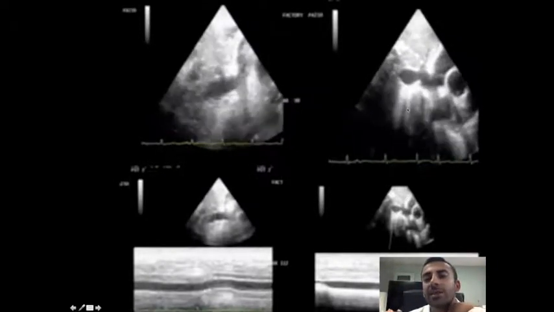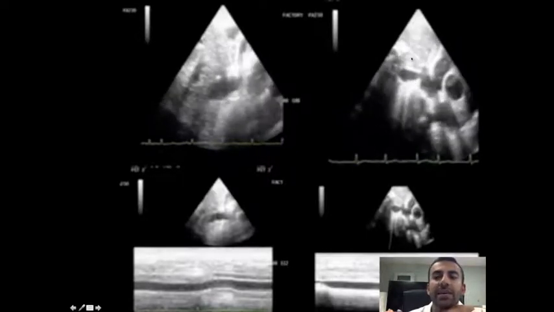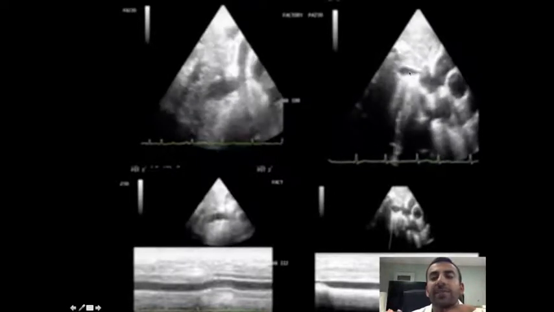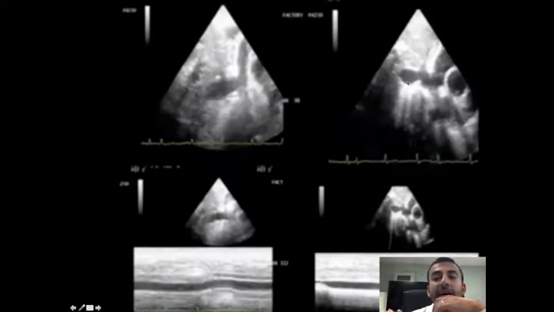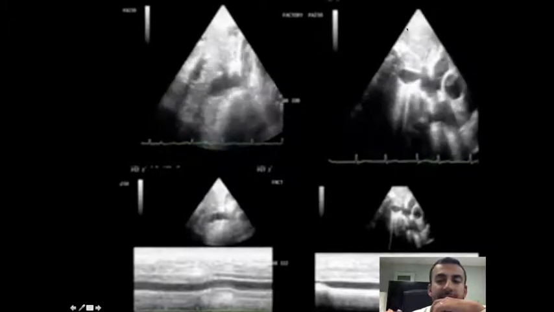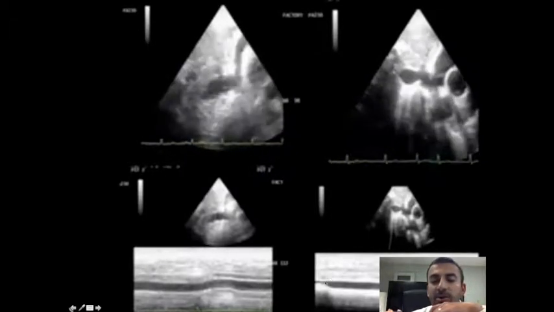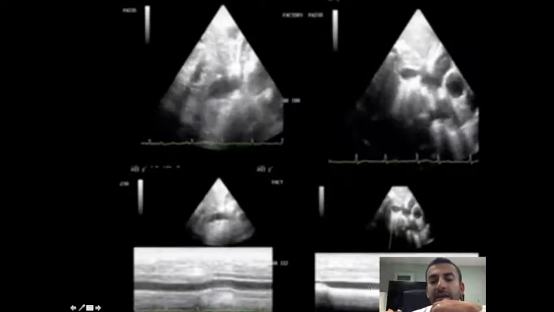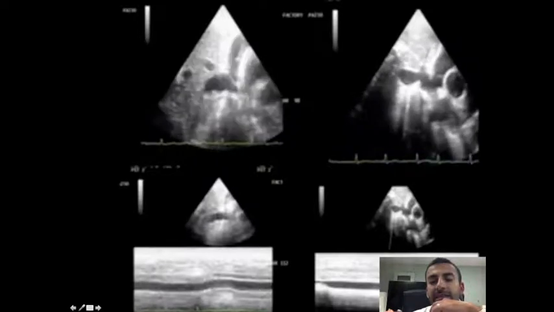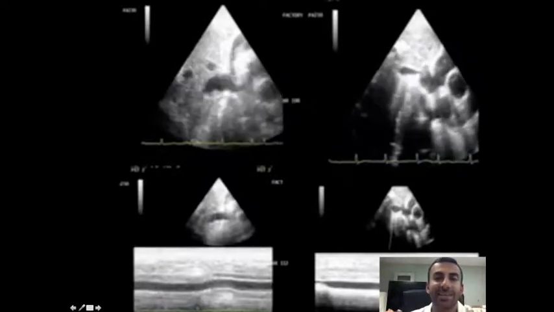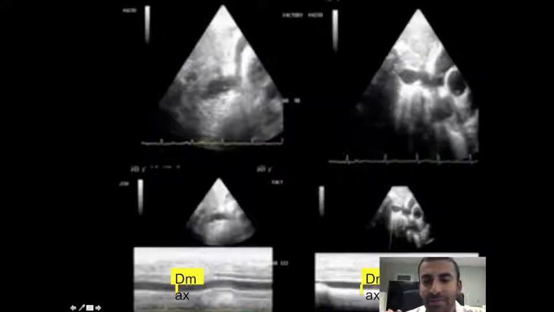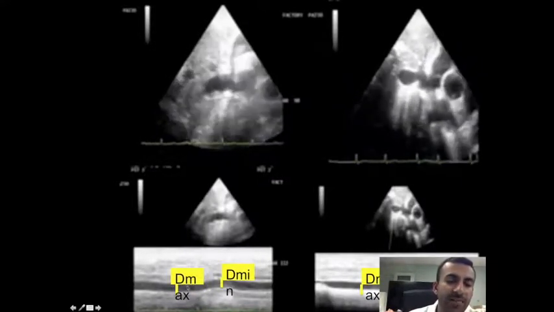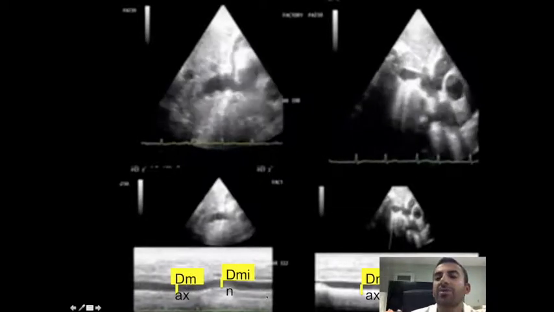So here, visually, we can see that we have an IVC that's rapidly changing in diameter secondary to the respiratory cycle. You can see here that, in fact, it is collapsing more than 50% as the patient is respiring. Using M mode, you can more clearly see this, and rather than having a still image, you can see that here you have the maximal size of the diameter, and then notice that it dramatically decreases in size secondary to the respiratory cycle. So comparing the D max versus the D min, or the maximal diameter to the minimal diameter, you can get that percent